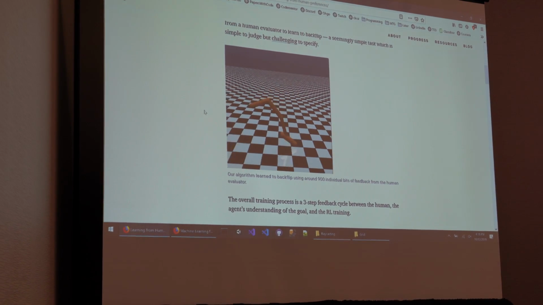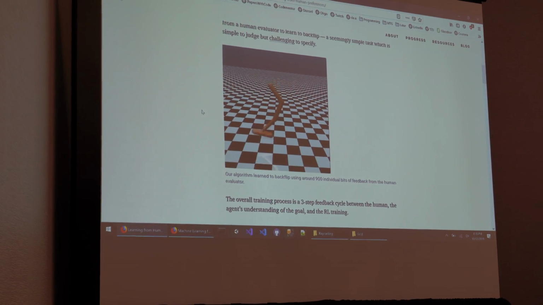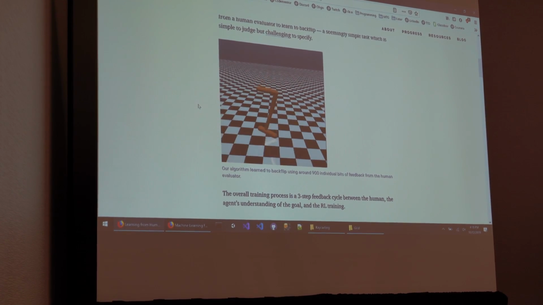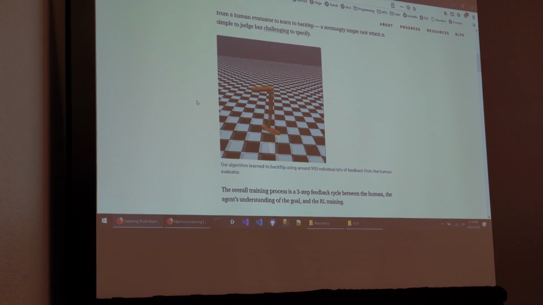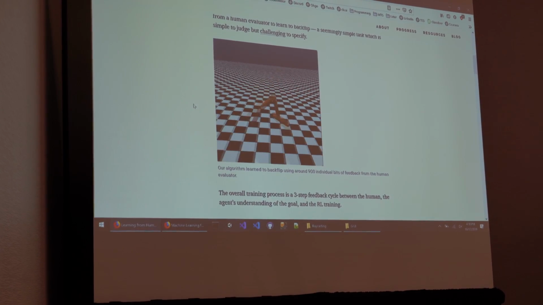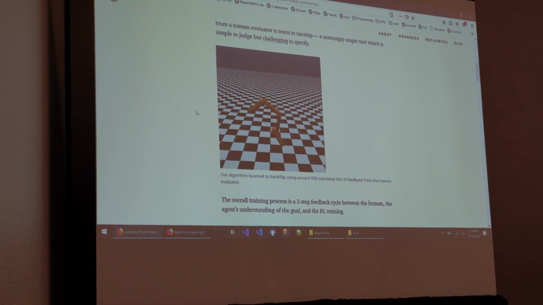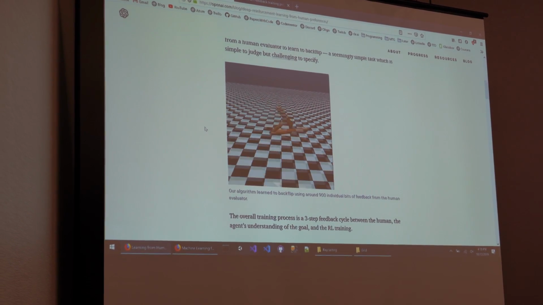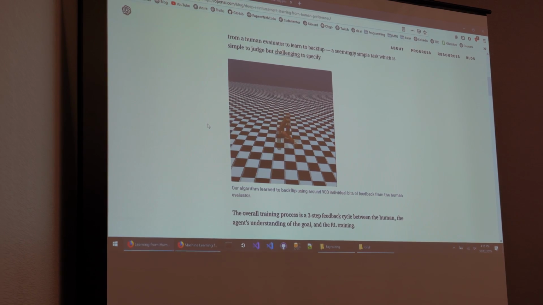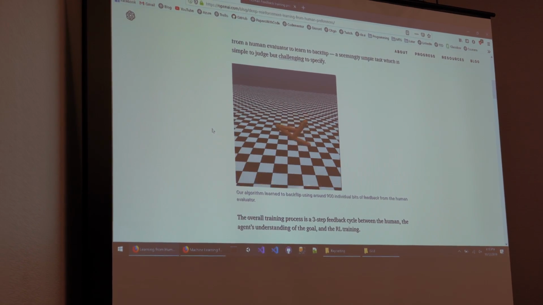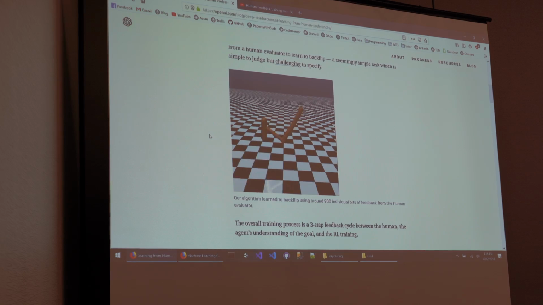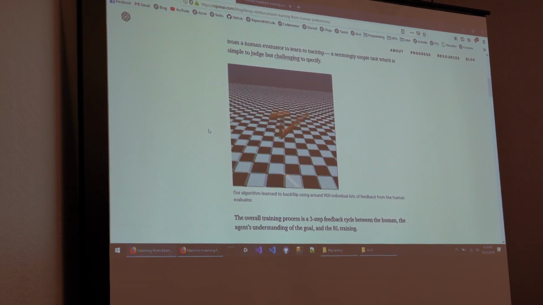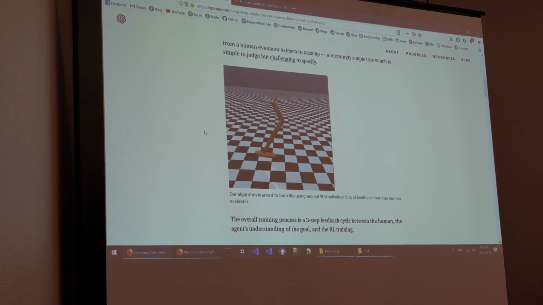The reason this is interesting is because it's really hard to describe how to do a backflip. Let's say I met someone who had never heard of a backflip before, and I'm like, oh, you jump up and then you spin. It's really hard to describe a detailed algorithm for how you do a backflip. It's easier to just do a demonstration, right? I can't do a backflip, but if I could, I would just show you, and then you would know how to do it.